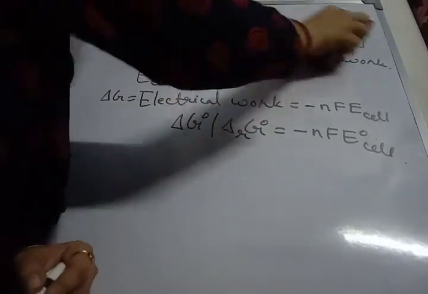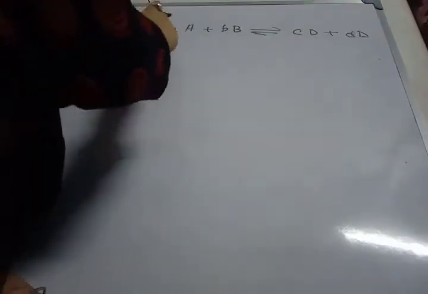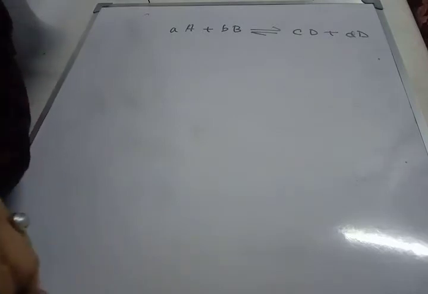Next, we have the Nernst equation. Nernst equation is basically the calculation of reduction potentials at different concentrations and temperature. For this, we consider a general reaction